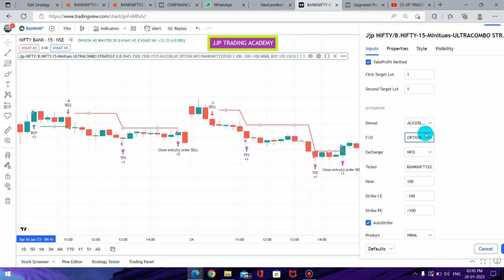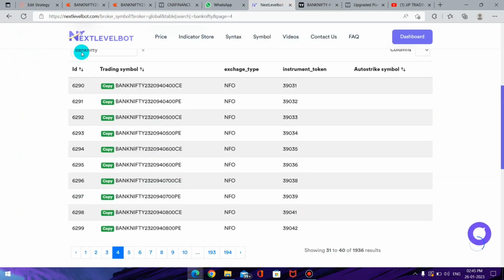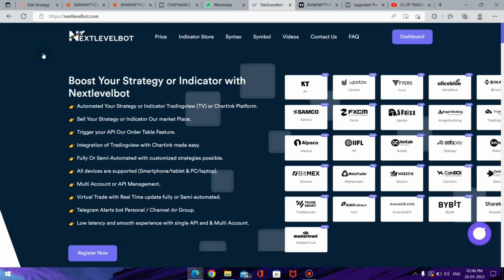You can also do it for futures, NFO, and the symbol name. Right now the ticker is asking for the symbol name here. So to choose the symbol name, you just open the NextLevelBot platform. Once you open the NextLevelBot platform, this is the home page. In the home page itself, you will have an option called symbol. So once you click on the symbols,